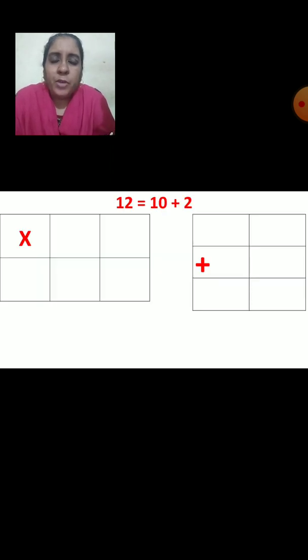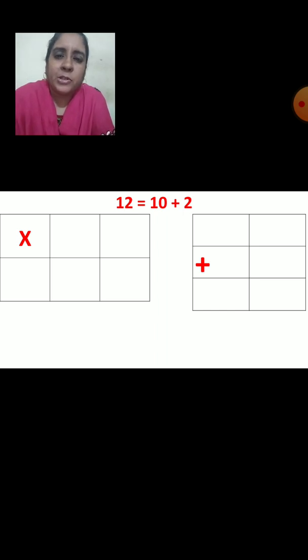Now, we are going to do multiplication. For this answer, we are going to use which operation? Multiplication. But we are not going to do simple multiplication. We are going to solve the answer by using which method? Lattice method. For this, what you have to do? Now, 1 dozen means 12 bananas. So, first you have to show the breakup of 12. Now, 2 is in units place and 1 is in tens place. How are you going to break up 12? 10 plus 2.